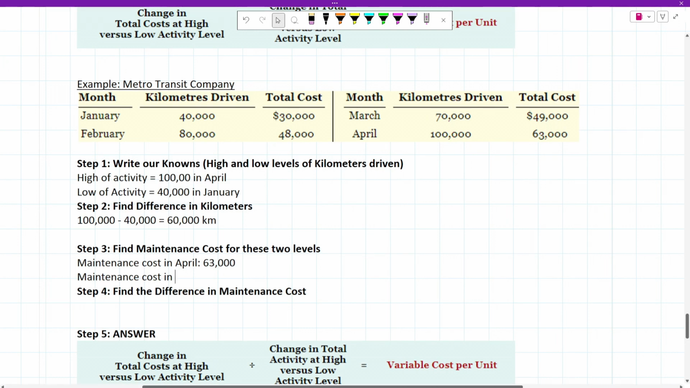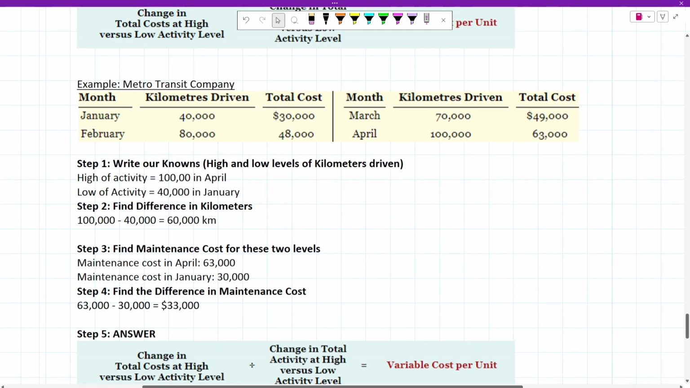And then we're going to have maintenance cost in January. It's the same thing. So find January and then find the column with total costs. That's going to be 30,000. And I'll find the difference in maintenance costs. So we're doing the exact same thing as we did with our kilometers, but now with the maintenance cost. So 63 minus 30,000 is equal to $33,000